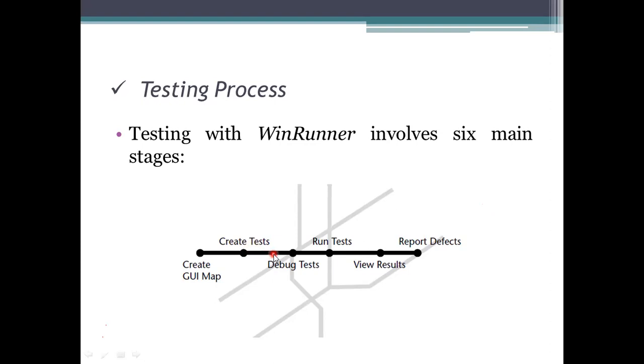Coming to the next step, that is debugging the test we have performed. In this mode, we are setting breakpoints, monitoring the variables, and controlling how the control statements flow.